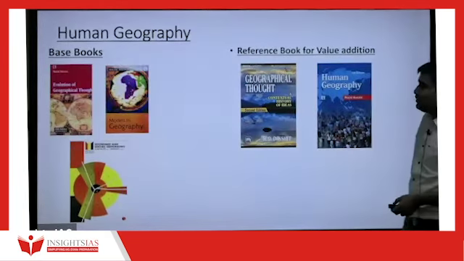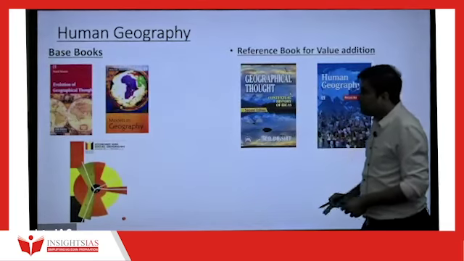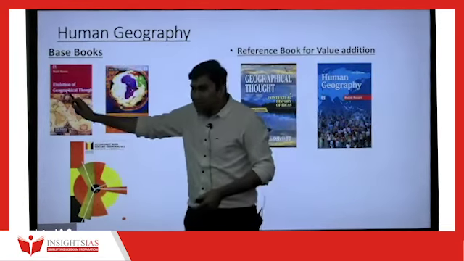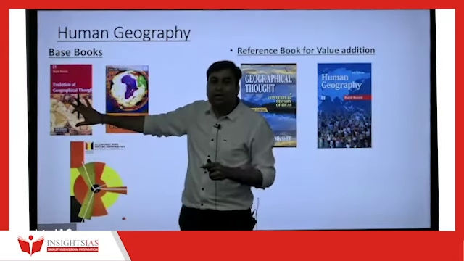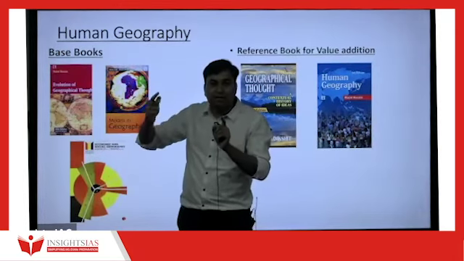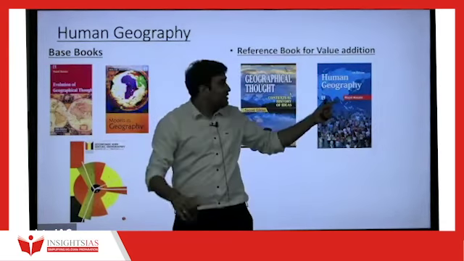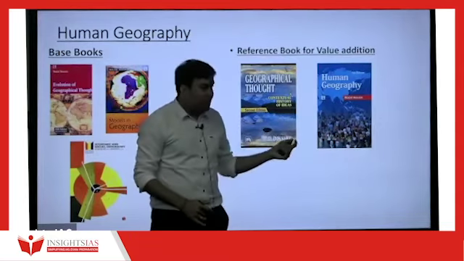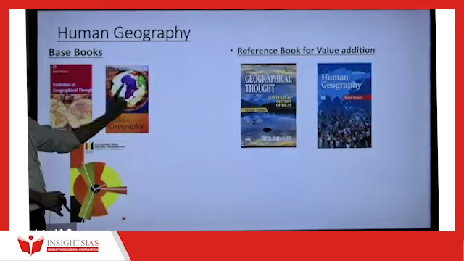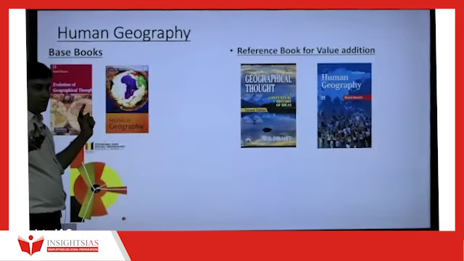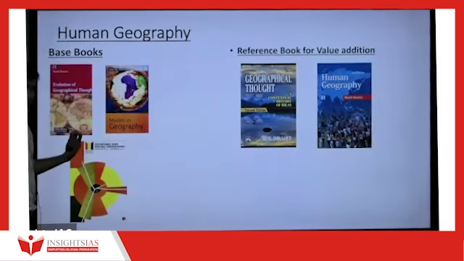These are the Human Geography base books and reference books. For perspectives, there is Evolution of Geographic Thought by Majid Hussain sir. Sometimes some people keep R.D. Dixit as the base for geographic thought. Here you have R.D. Dixit sir's book. This is geographic thought, and this is also geographic thought. Both are geographic thought, for one chapter only, Perspectives. This is by R.D. Dixit sir, and this is by Majid Hussain sir.